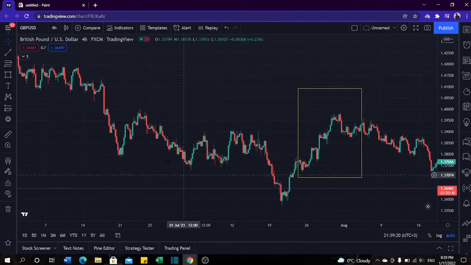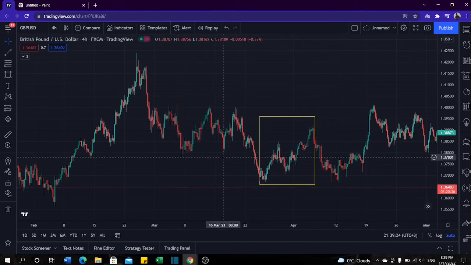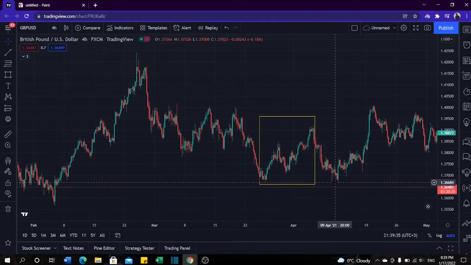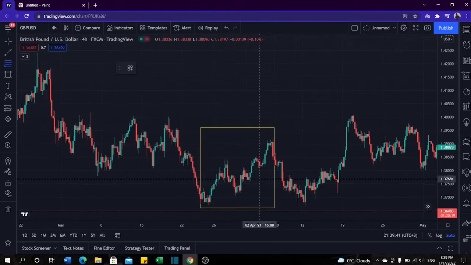So let me get started with the first area I marked out using my square here. So price was first in a downtrend, then it reached a certain level of support/resistance, and actually even formed a double bottom here, to indicate that there is more momentum to the upside. But now I'm going to just use this area here to show you how you can be able to use fibs. So first of all,